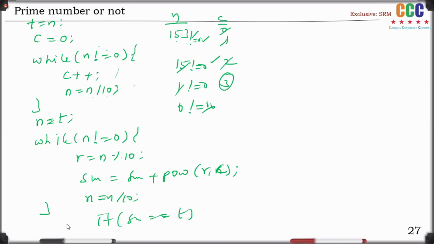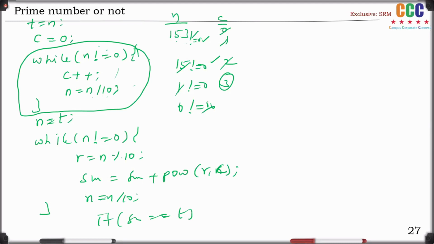Now, my question is, if you apply a loop, it leads to some complexity. Even without applying a loop, if you are good at mathematics, we can easily know how many digits are there in that number. If you are good at math, we can get it.